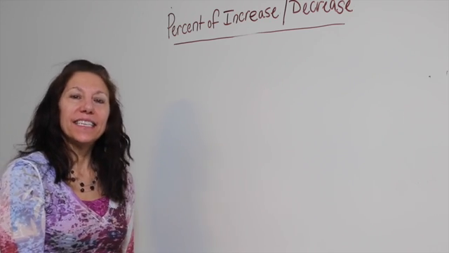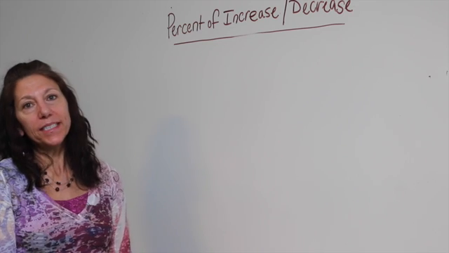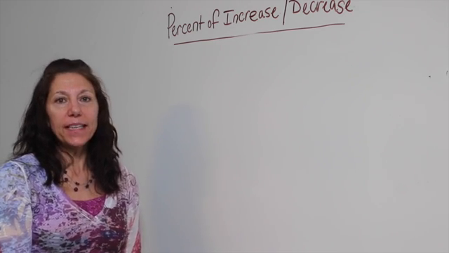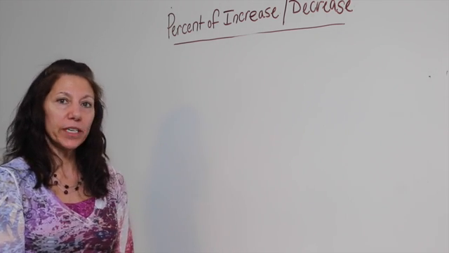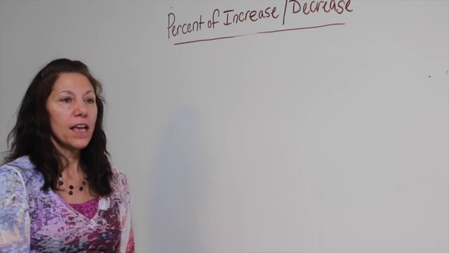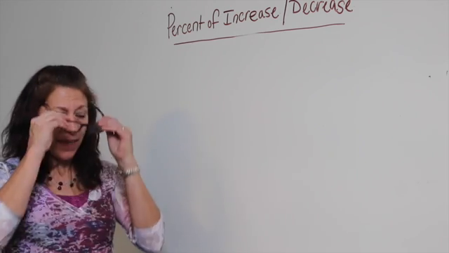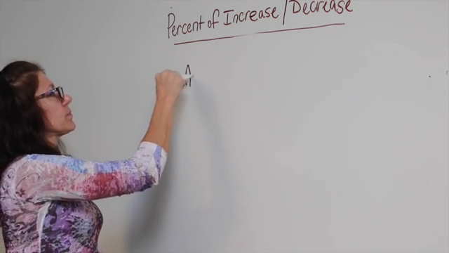Hi, today's lesson is about finding the percent of increase and decrease given two numbers. The first thing that we want to do, given the percent of increase and decrease, is to look at two values and find the amount of change that is occurring between them. What I mean by that is the following. To find the amount of change,